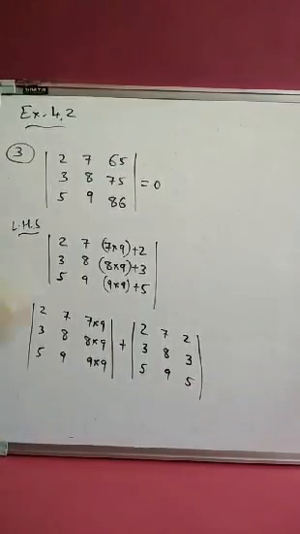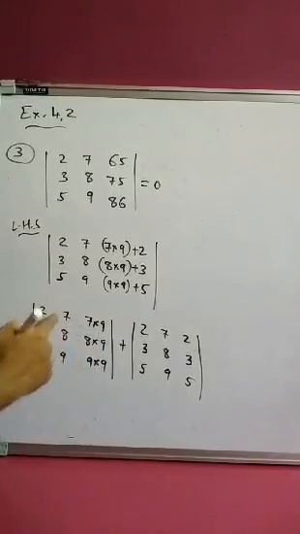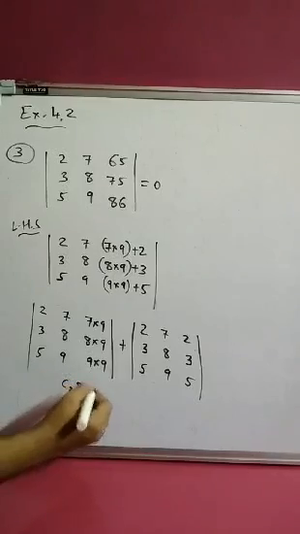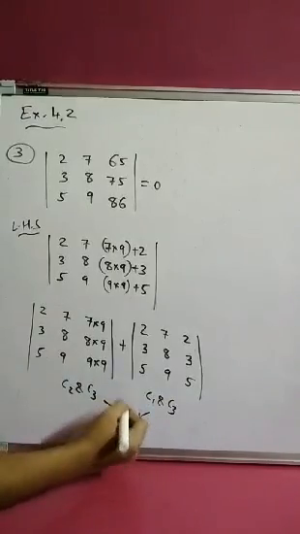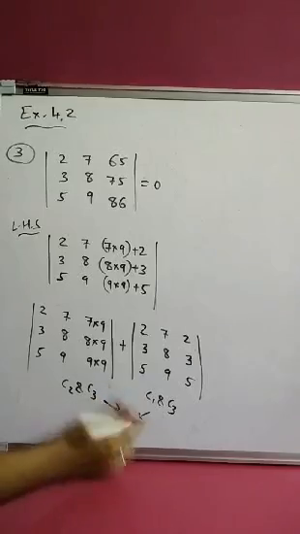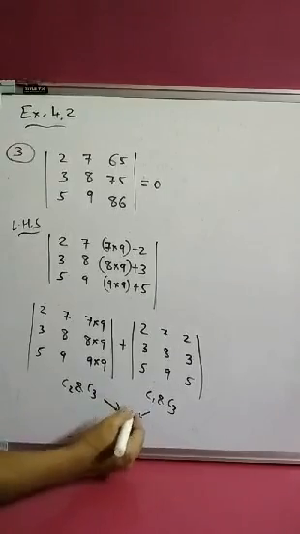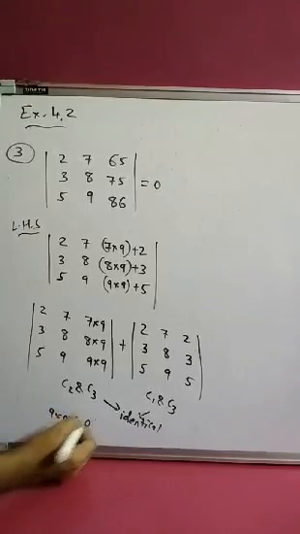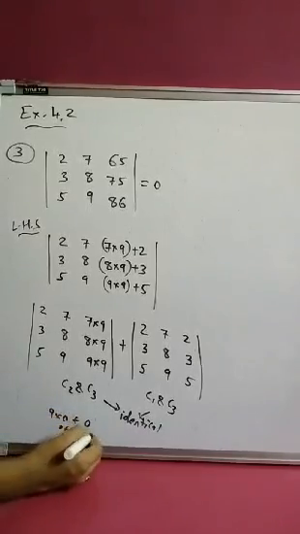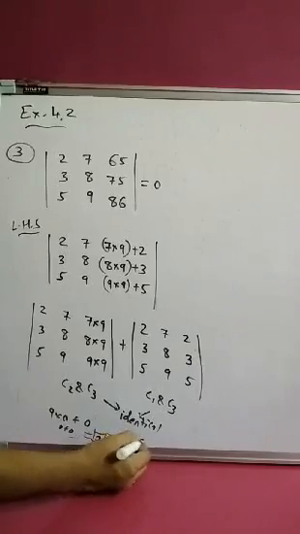Now if you take out 9 from here, 9 from here, 9 from here, then column 1 and column 2 and column 3 will be identical. And here column 1 and column 3 are identical, right? They are the same. So if they are identical, then here 9 into 0 plus 0. 0 plus 0 is always 0 only, right? So our answer is equal to RHS, that is 0.